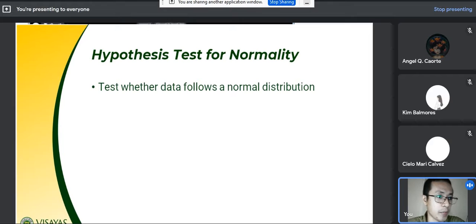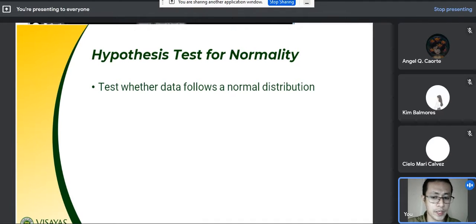Okay, anybody? For example, class, your histogram is shaped like a bell curve. What does it tell about your data? Okay, so that's one. When your histogram looks like a bell curve, it means your data follows a normal distribution. But sometimes, class, in addition to the graph, we also need to perform a hypothesis test for